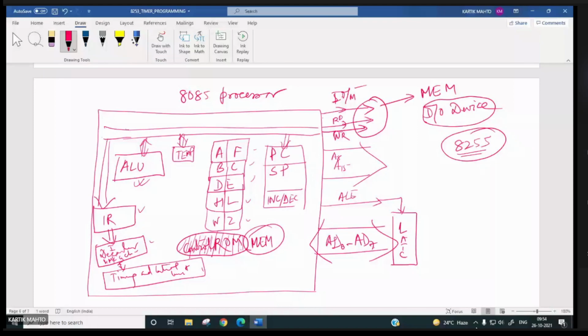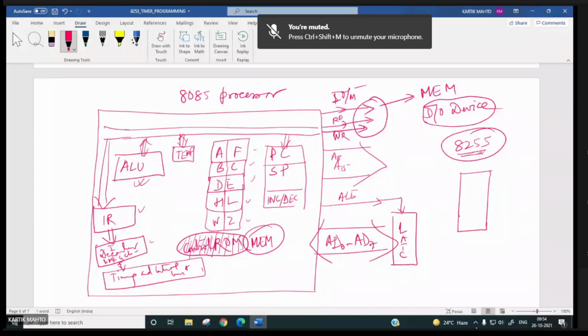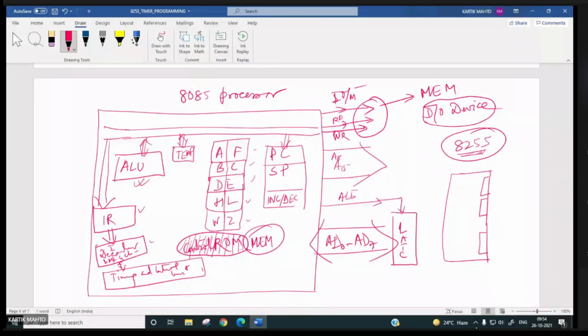Yes, sir. So in fact, what is 8255? 8255 is also nothing but a memory type of chip in which memory is little, not much, only 3 port registers are there, each of 8 bit, right?